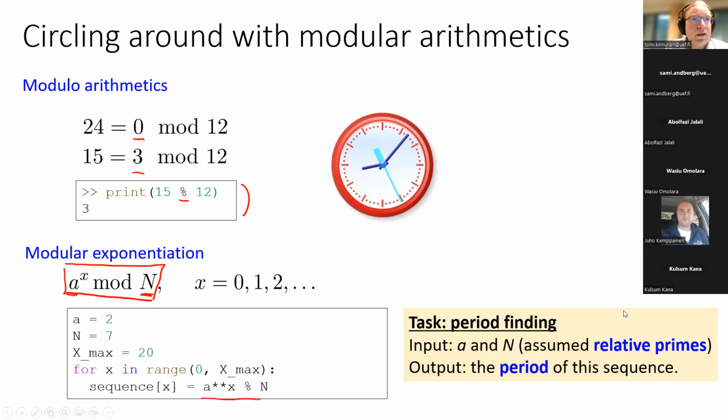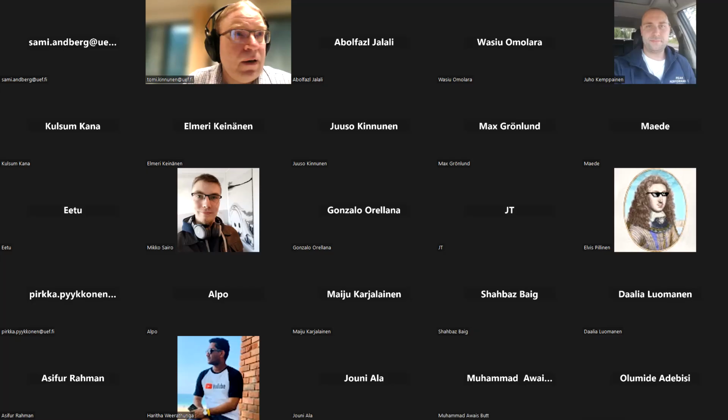But okay, let's stop here, and next week I will just give you a sketchy version of the Shor algorithm. I mean, we're not going to go into very much detail, because this would require introducing the quantum Fourier transform.